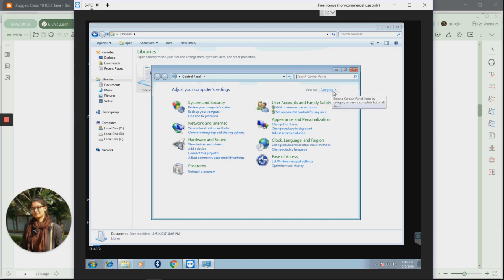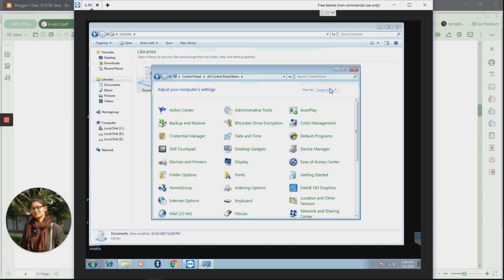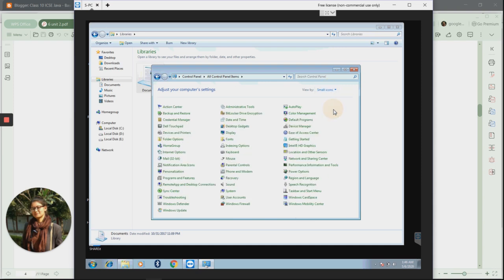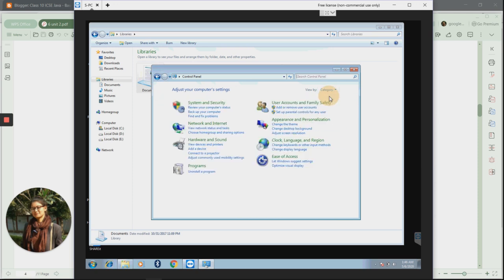Now Category, just click on it and you will get 3 options. If you click Large icons, you will get this view. If you click Small icons, you will get this small icons view. But this category view is very much needed, so you just keep the category view.